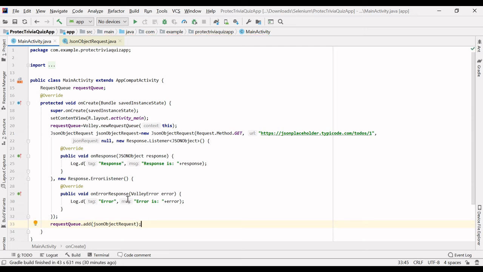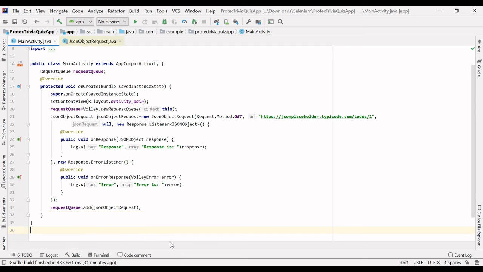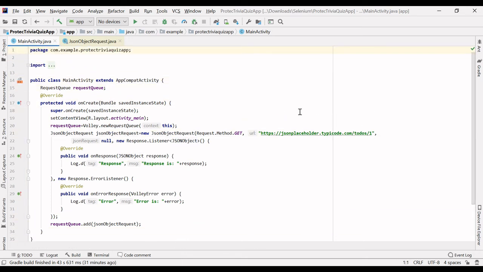Each and every request will be added to this request queue, and it is responsible for processing all the requests. One of the most important things: this application will fetch the response from this URL, so it needs the internet.